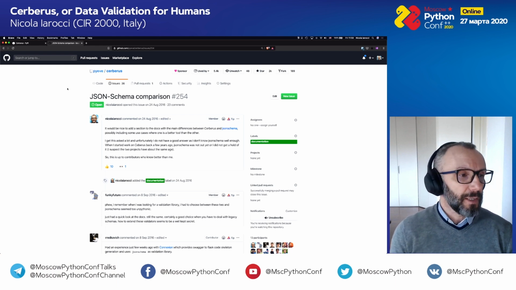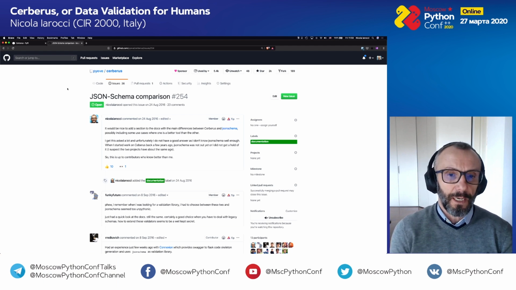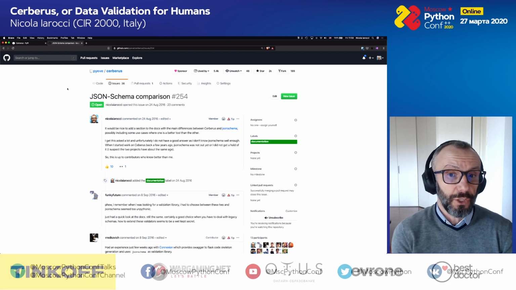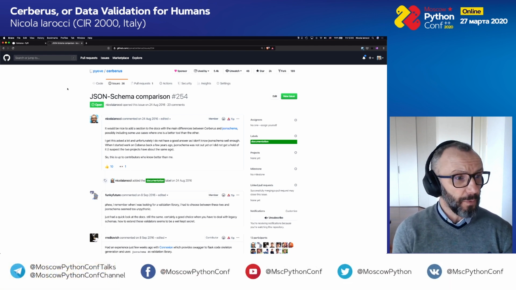Basically, the point is that when I started working on Eve and on data validation, the JSON Schema specification was already available, but there was no library for Python back then. Also, I wasn't really happy with the specification because it was very limited compared to what Eve and my REST API needed to do.